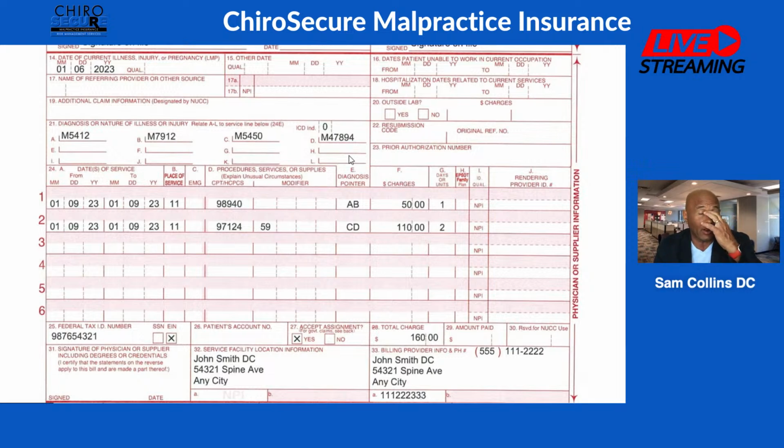Now, I will tell you, I've been around chiropractic my entire life, and there was no such thing as manual therapy massage until the middle 80s when we came out, if you remember, with the myofascial release code. And of course, that became very prominent. A lot of doctors used it. We've done it so much that they started to indicate that, well, it's just done every single time.